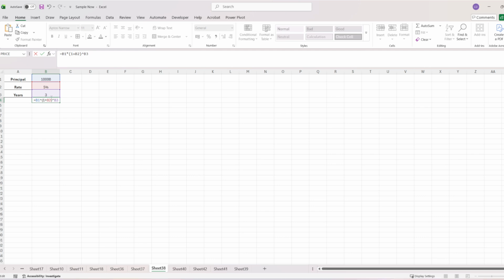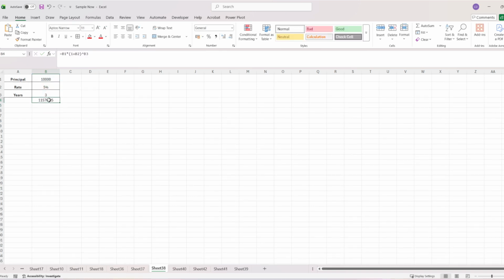Next, choose an empty cell where you want the final amount to appear. Any cell is fine. And type the formula =B1*(1+B2)^B3. Don't forget the equal sign at the beginning. That tells Excel you're entering a formula. Press Enter, and Excel will calculate the result. You should see